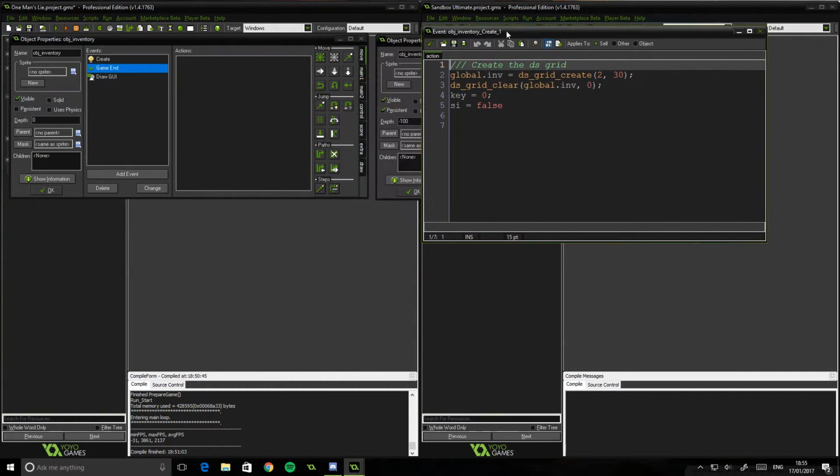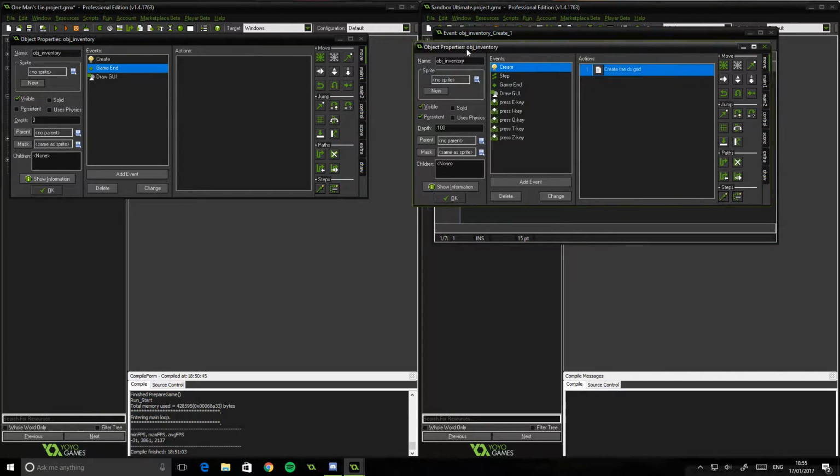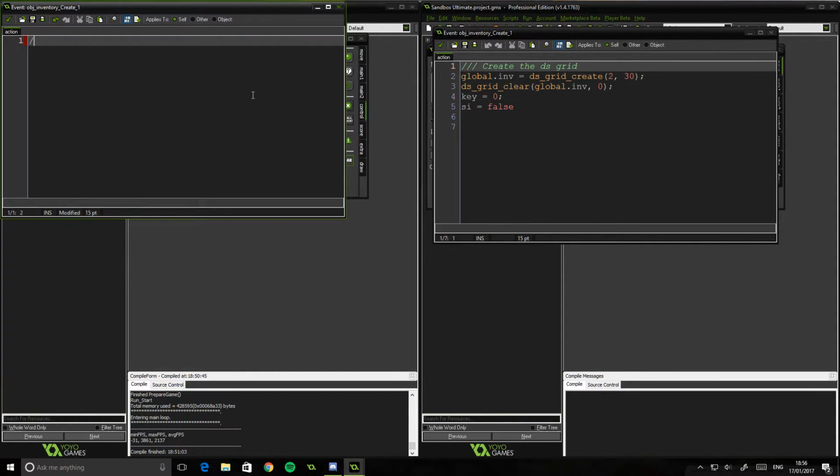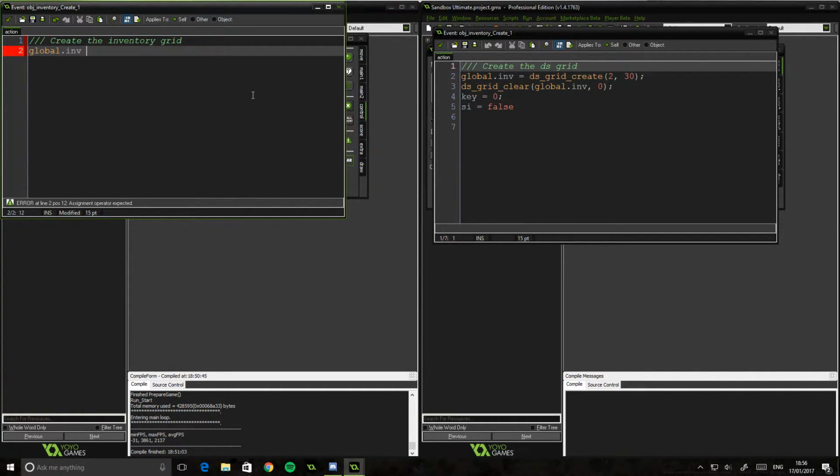So the first thing we're going to want to do, and we'll leave out a few bits for the time being, but the main thing we're going to want to add in here is to create this grid. So create the inventory grid. Now this is what we're going to store all of our variables in for our slots, basically. So we're going to use a global for this, so it's going to be global.inv to stand for inventory obviously, and we're just going to use ds_grid_create